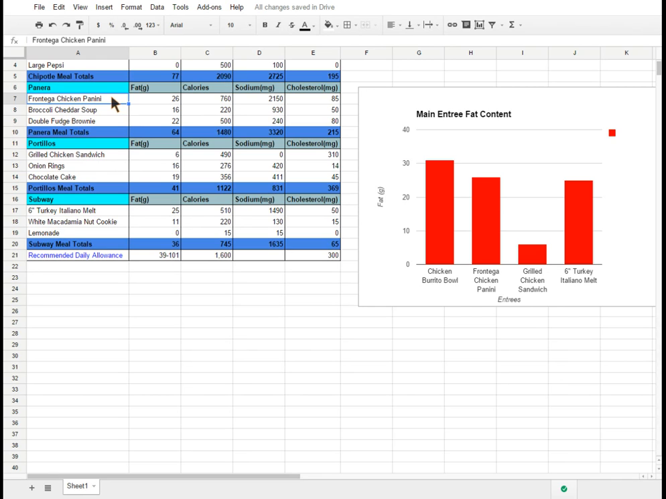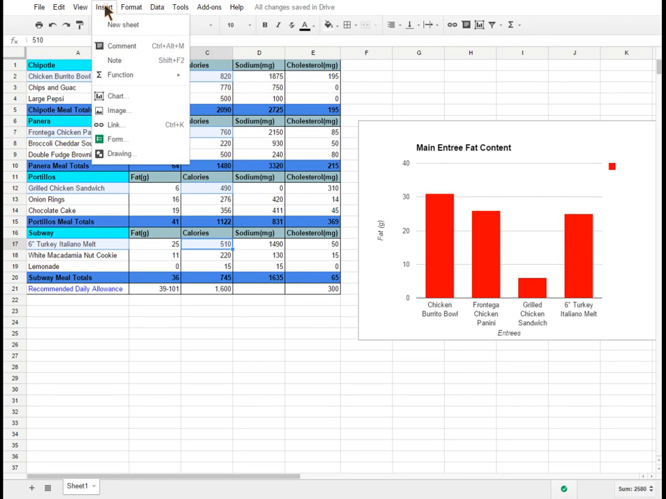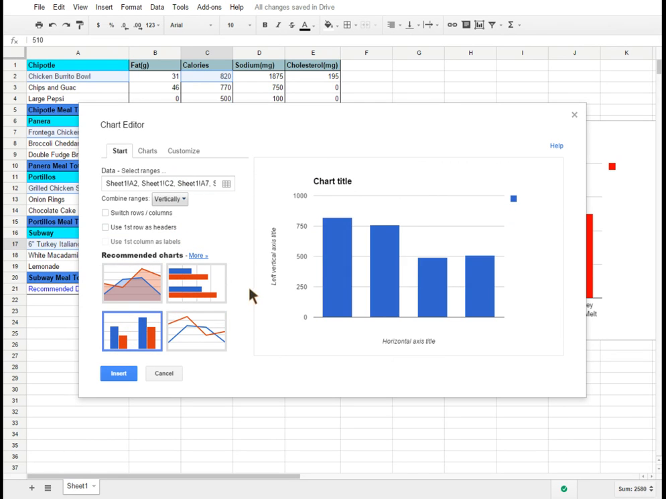If I were to highlight this word, say chicken burrito, and then calories, I can again hold down the control key, select the words, and then the number that goes along with it. So in other words, 6-inch turkey Italian melt, and then the calorie content for that. And if I were to do the exact same process here, insert chart, switch it around vertically,